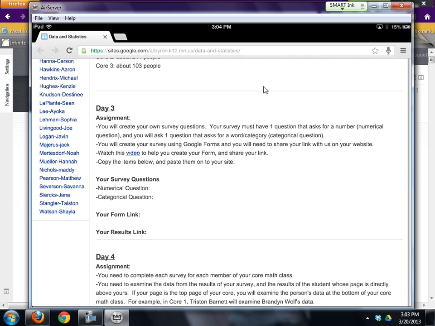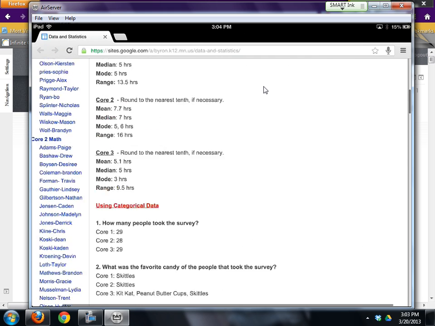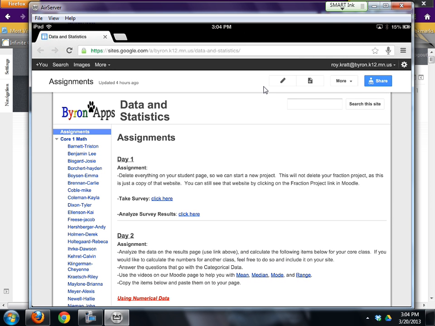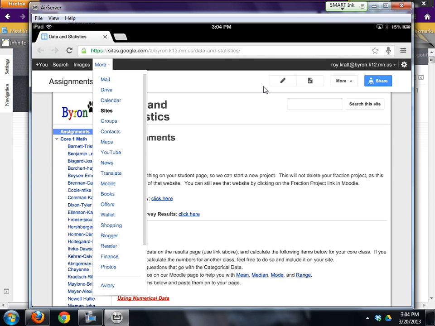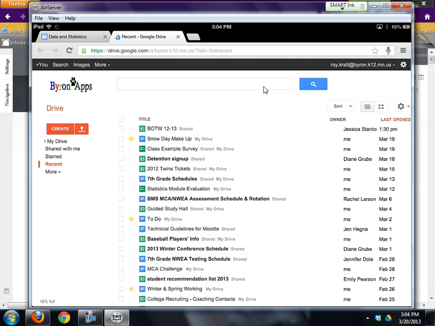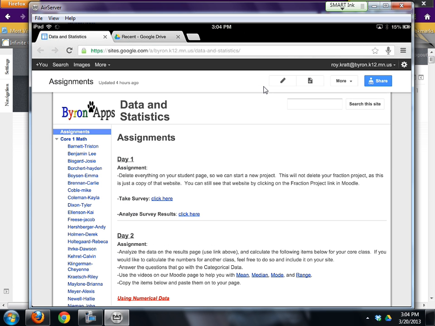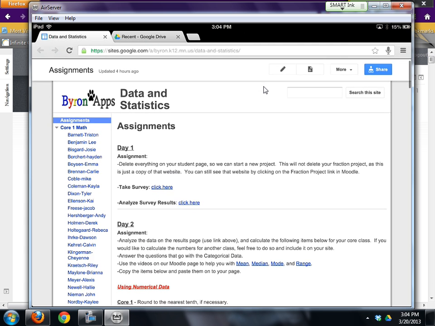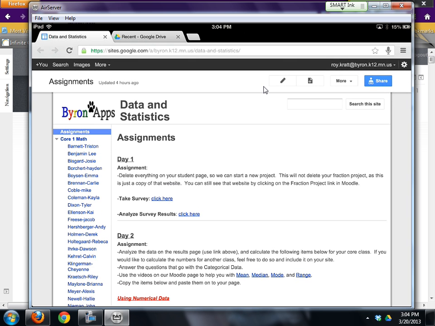Okay, so let's first go ahead. We need to scroll up to the top of the page, right here where it says More at the very top of the page. You're going to click on that. We need to actually go to our drive. So you're going to click drive. It's going to open in a new tab. I actually like that it opens in a new tab because you can still be in your website. You can be in your website, and we'll actually be ready to go for inserting our links into the day